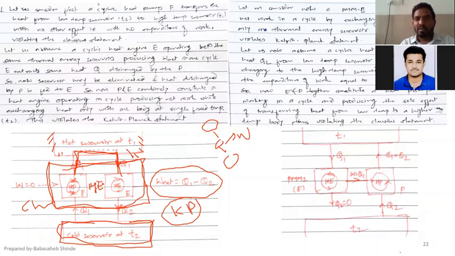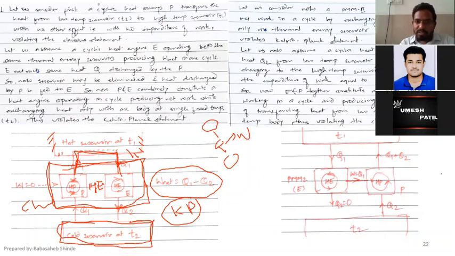No, sir. Okay. So in the second part, what we are going to do is this: in the first part we considered a violation of the Clausius statement, and the ultimate result we got was a violation of the Kelvin-Planck statement. Now we are going to make a reverse of that one. So we will consider a violation of Kelvin-Planck, and we will get a violation of the Clausius statement. So let's see if we can do that.